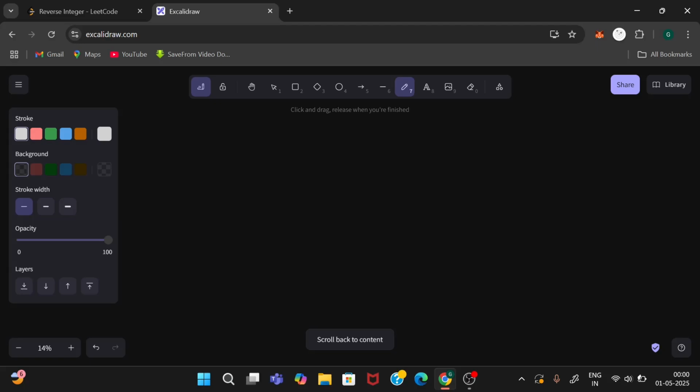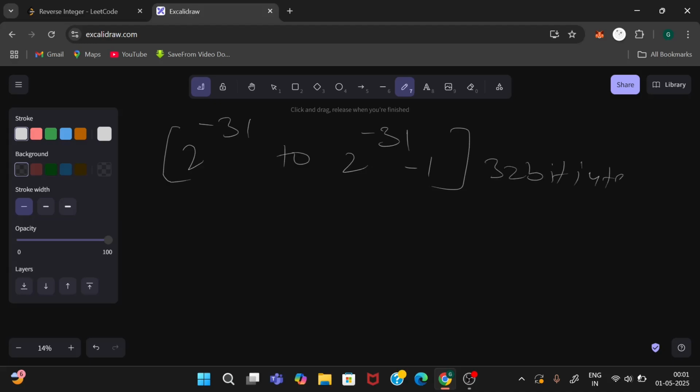First let's understand the constraints given. The constraint is the range, that is minus 2 to the power 31 to 2 to the power 31 minus 1, that is the 32-bit integer range. Next, suppose we are given input like minus 10.